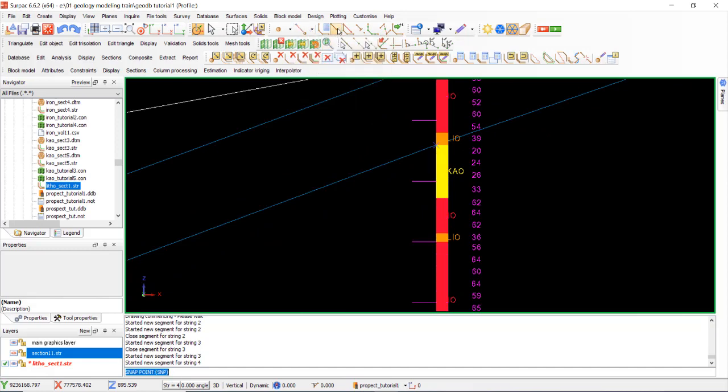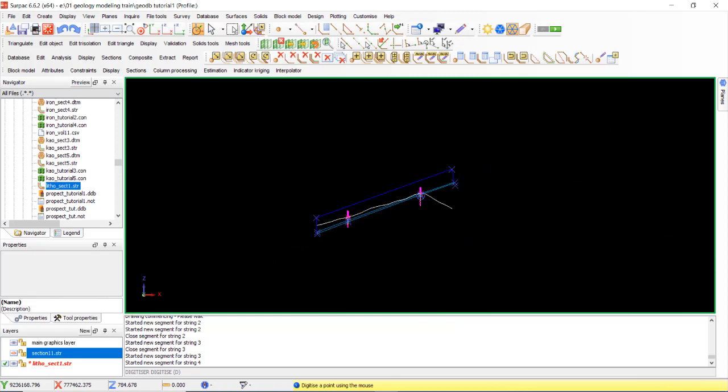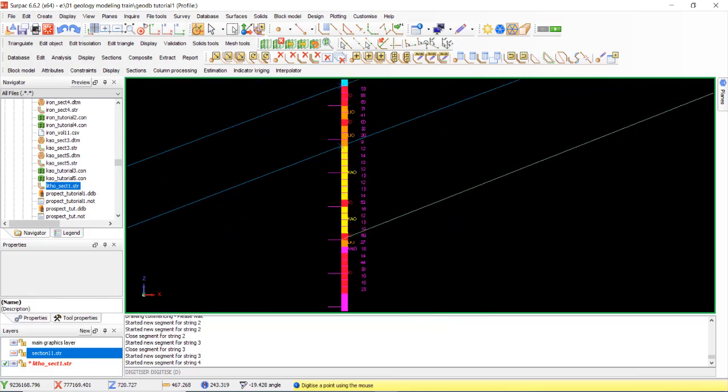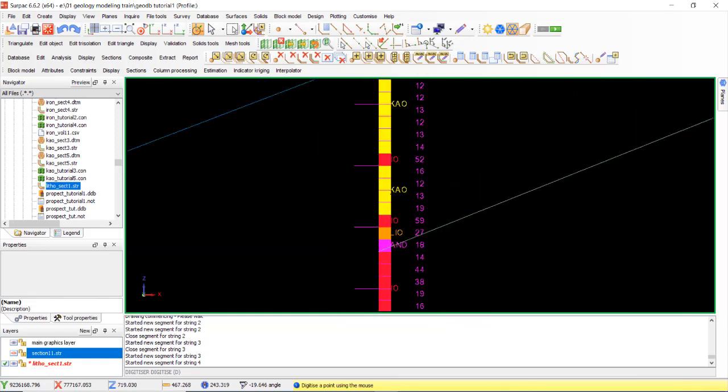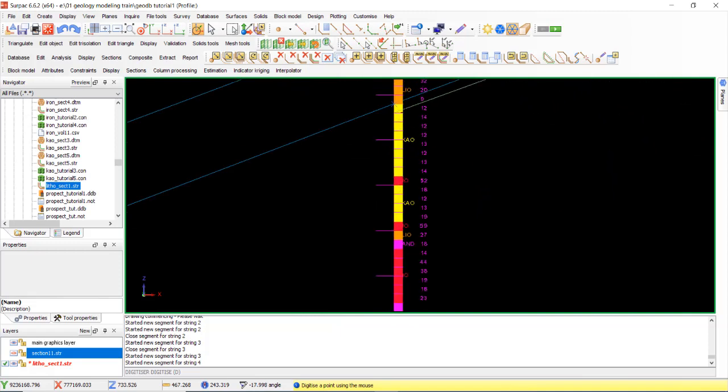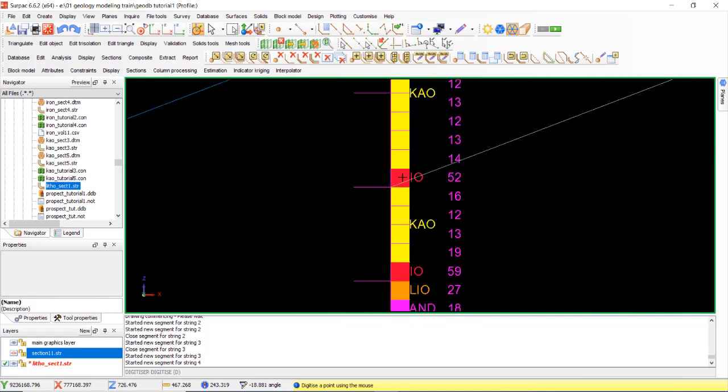Select point. Start from here. Check for other drill holes. Okay, but small iron ore here. It must be one sequence. Oh, sorry.